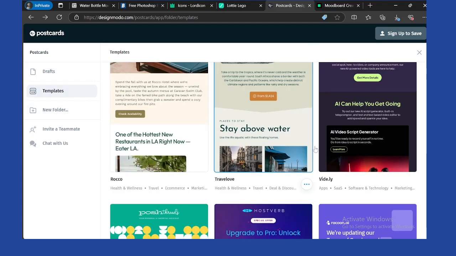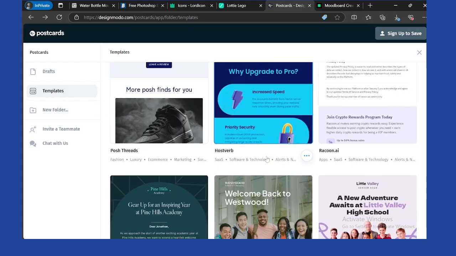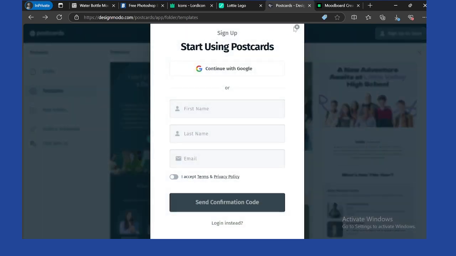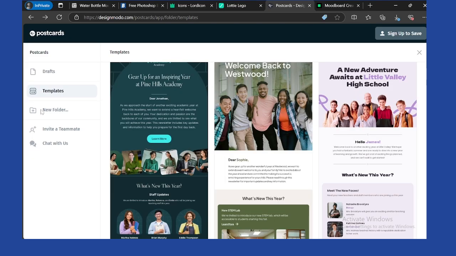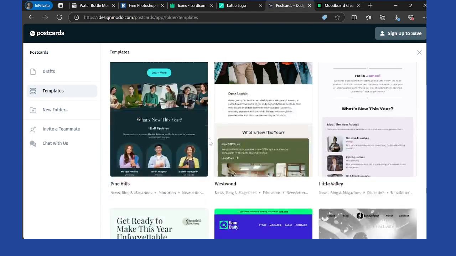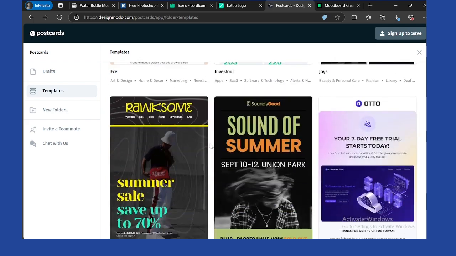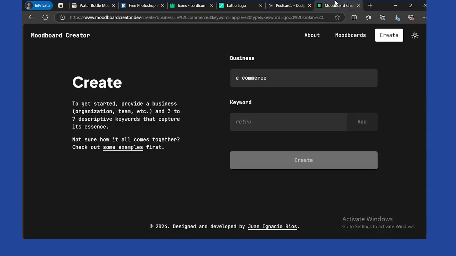And these are all templates. They have a lot of templates. You can choose whichever you want, or as I said before, you can start over as a new file, and you can create whatever things you want. I highly recommend this website, designmodo.com, for emailer designers. And the other website, it's called